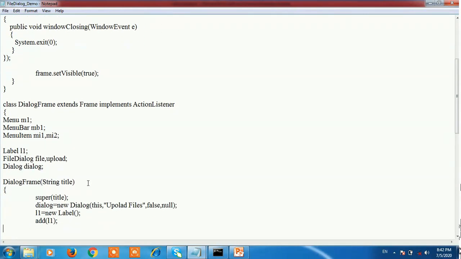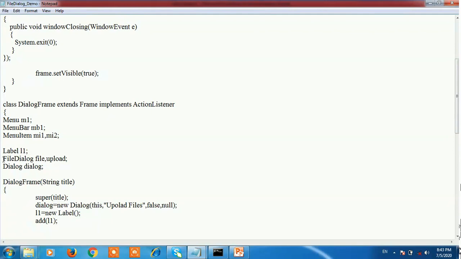After that, create a class DialogFrame extends Frame implements ActionListener. Here we perform an action, so we use the ActionListener interface. In that, create a menu M1, create one menu bar MB1, and menu item objects MI1 and MI2. Create a label L1.